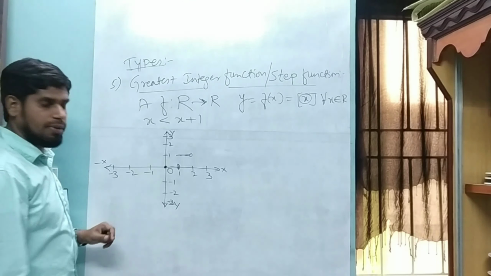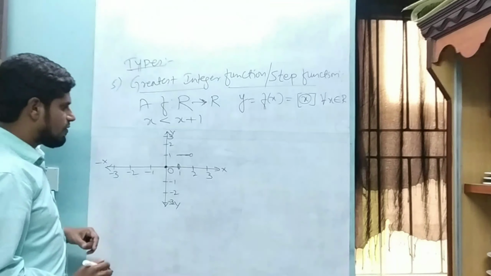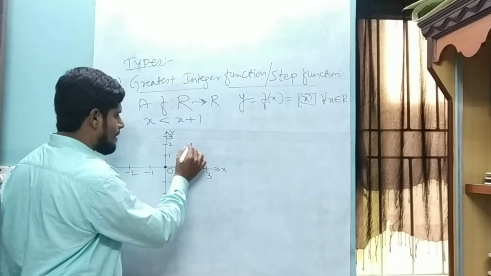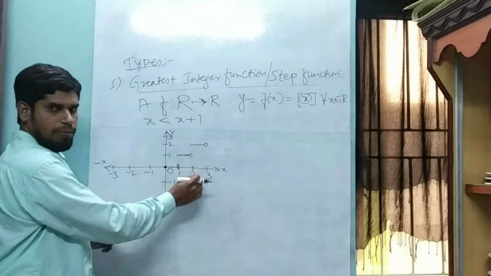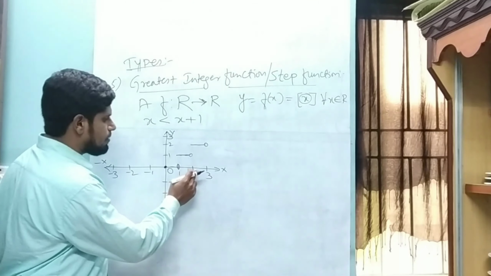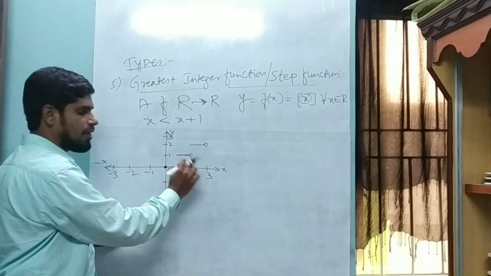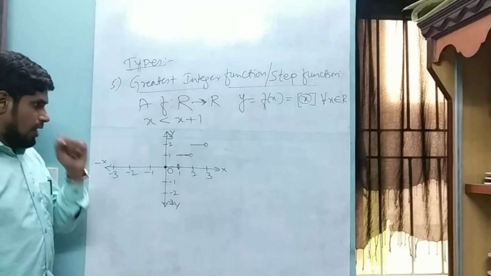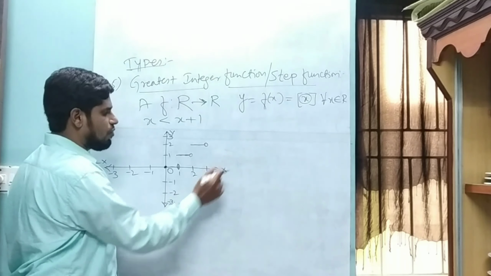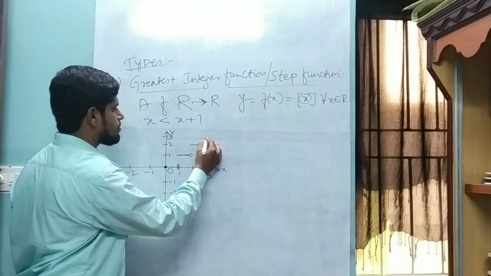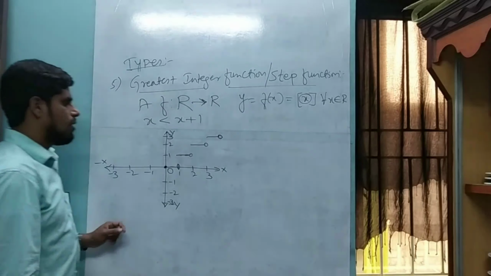Next, any decimal from 2 up to a bit less than 3, what is the answer? It is 2 only. Put a circle because I cannot put 3. If I put 3, it is 3. Any decimal from 2 to 2.99999, the answer is 2 only. Like that further, for any values from 3 to 4, the answer is 3 only, but never equal to the next value.